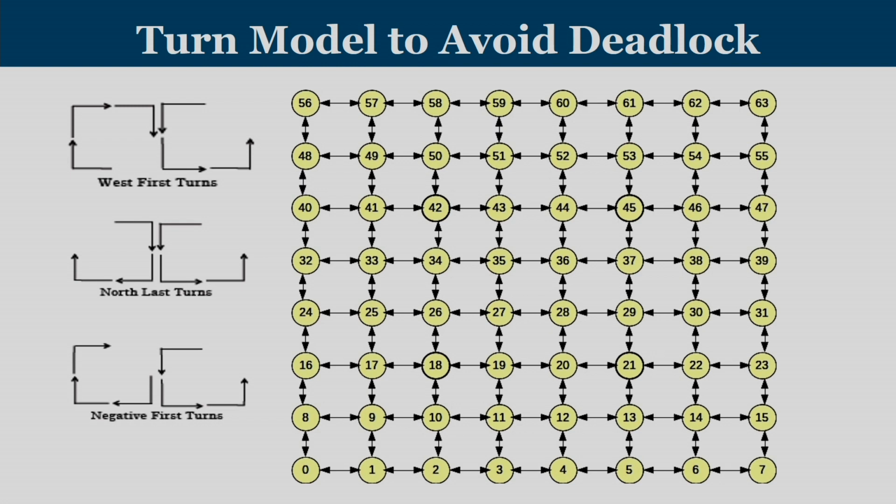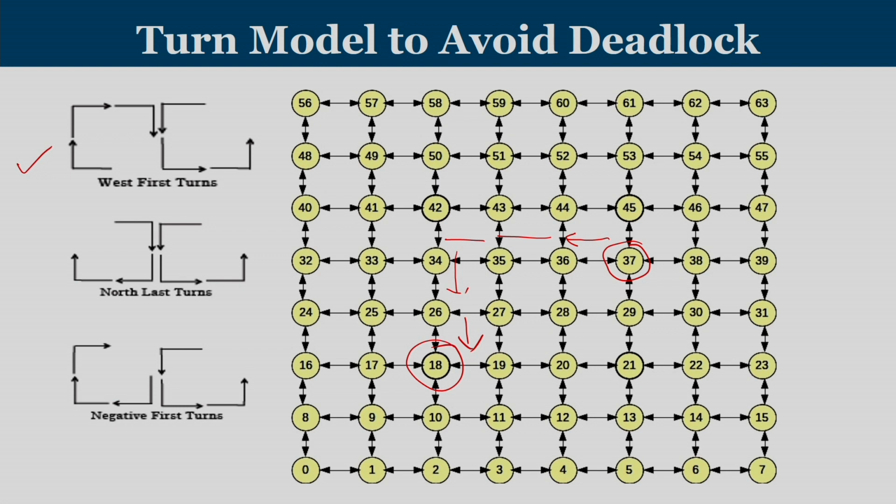Let us try to find a path where a packet has to move from 37 and the destination is going to be 18. Let us first employ west first turn. So, west first turn means if at all you wanted to travel to west, you have to travel west right from the beginning. So, if the destination is towards the west of the source tile, then take west from the beginning itself. So, you take one west, second west, third west and then you take south turns to reach 18.